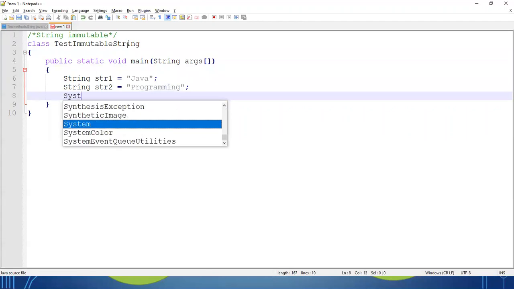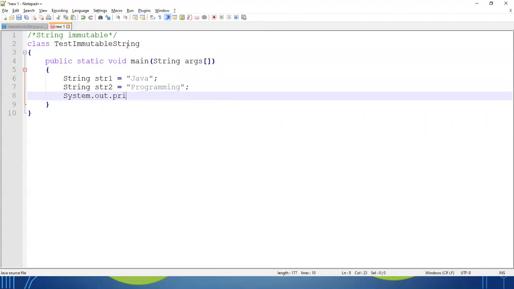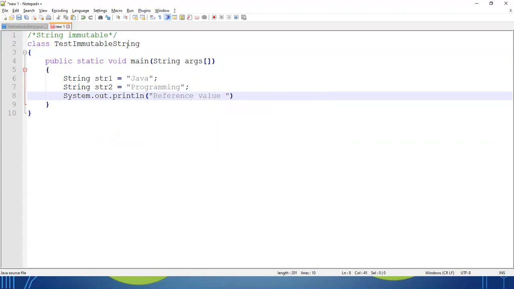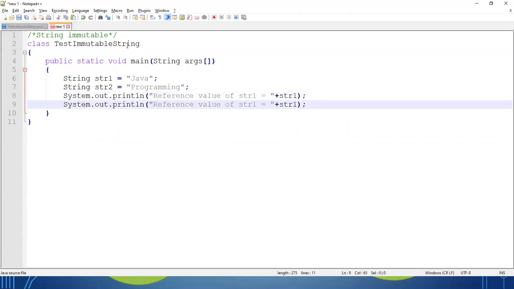Done. So both the string values, the reference values, I am printing. Let's check.